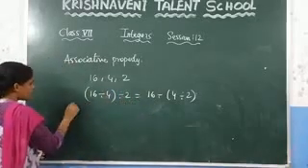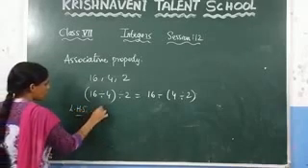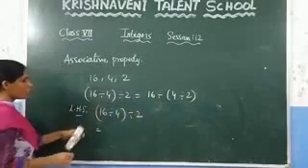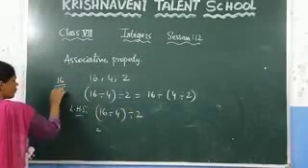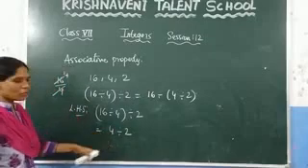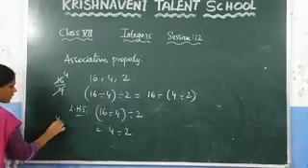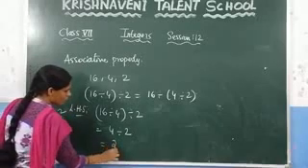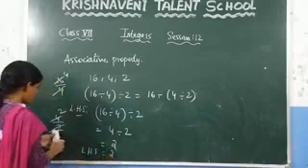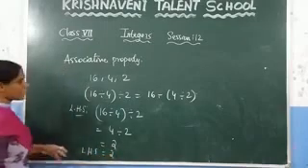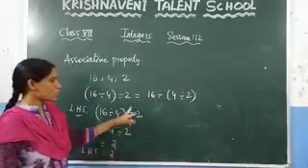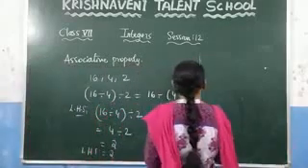So if you take the LHS, it is 16 divided by 4 divided by 2. You need to solve this. You know that 16 by 4 is 4, since 4 fours are 16. You get the answer as 4. Now 4 divided by 2. What is the value of 4 by 2? It is 2, since 2 twos are 4. So the value of LHS is 2. After doing the calculation for RHS, you need to check whether you get the same answer 2 or not. If not, this property does not hold.